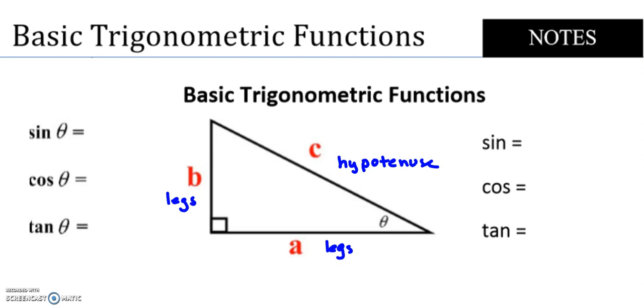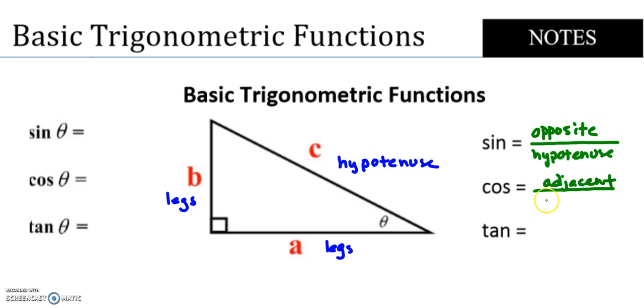So our sine, you should remember, is the opposite over the hypotenuse. And cosine is the adjacent leg over the hypotenuse, and then tangent is the opposite over adjacent. And so if we apply that over here to the sine of theta,